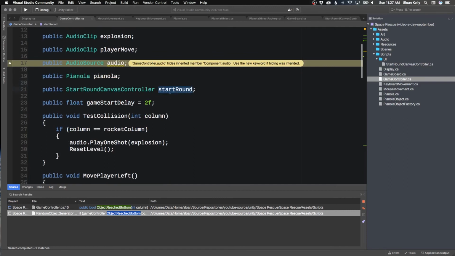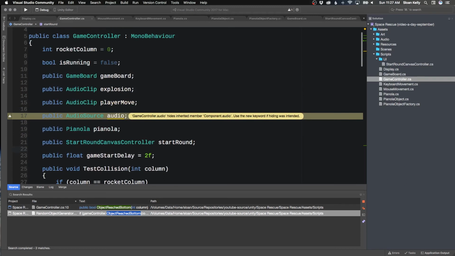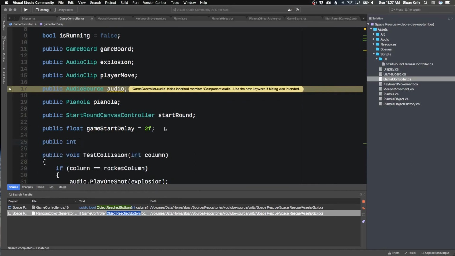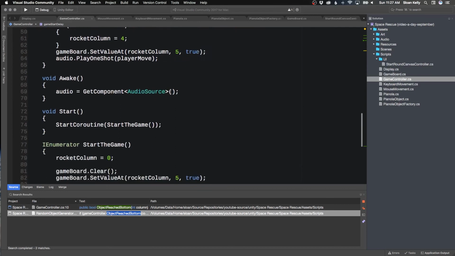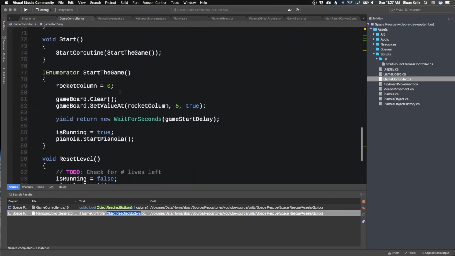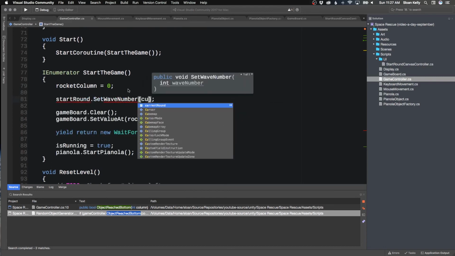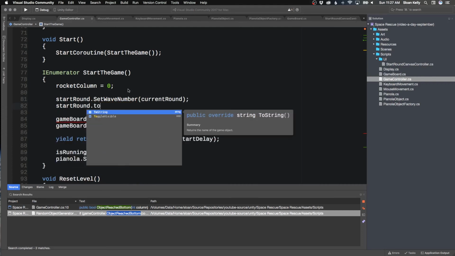And then for start round, we need to do, what do we got here? We've got rocket column. So we need to do public int current round is 1. So we have our current round is 1, and then we have our start round, which is this object here. So in our start round, this is the start the game part. So we're going to do start round, set wave number, current round, start round dot toggle visible, and then